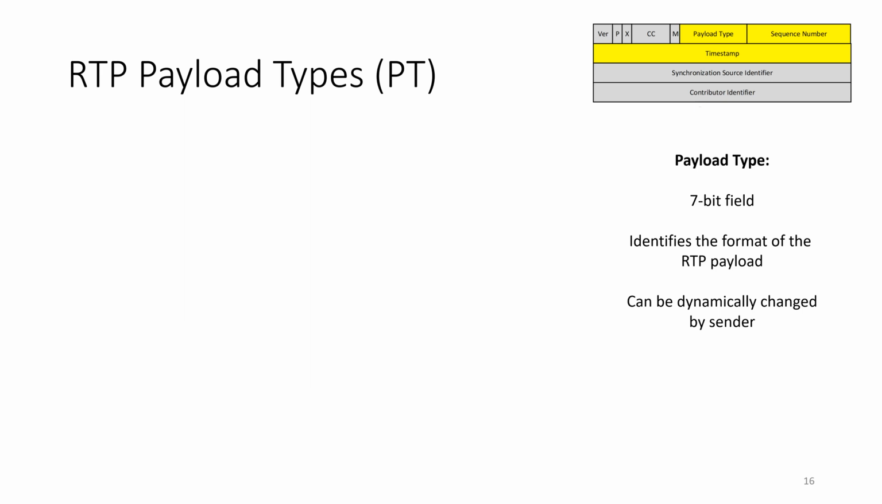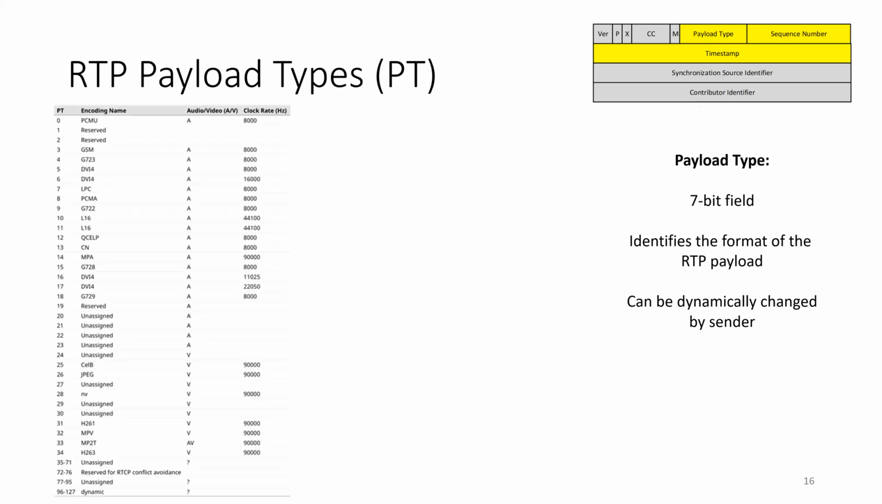Maybe we're going to drop some resolution, or maybe we're going to drop to a lower bit rate codec based on network performance. So it can be used to dynamically change things. From the standard, this is how the payload types are assigned or identified, which is simply a number from